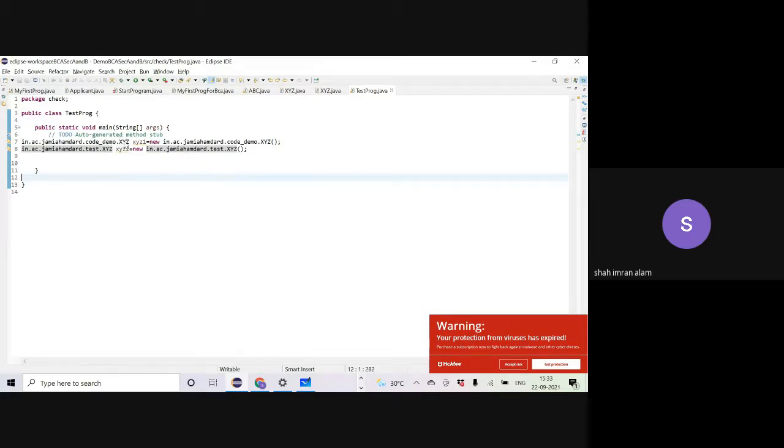Similarly, these two classes have got the same name, so there will be a name collision that could be resolved using the fully qualified name like this. Let me put it in a comment so that I can give you the file.